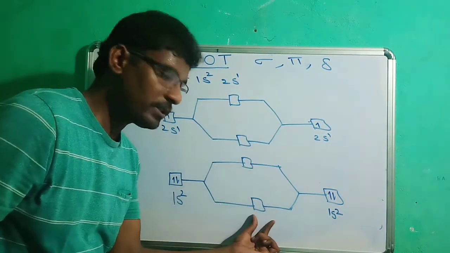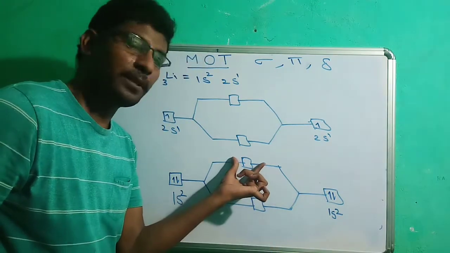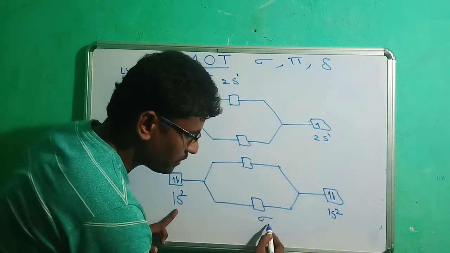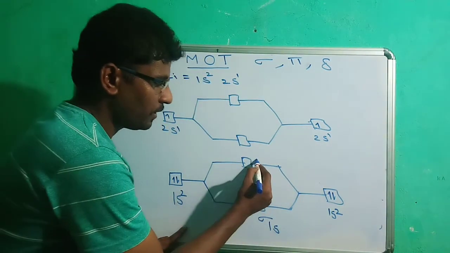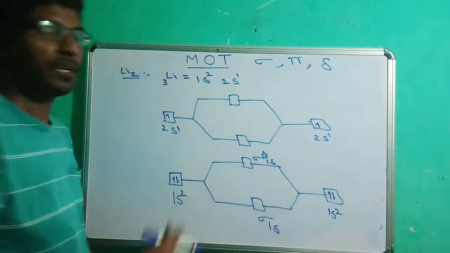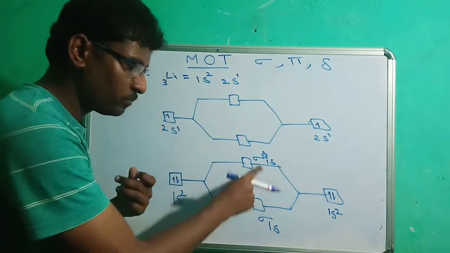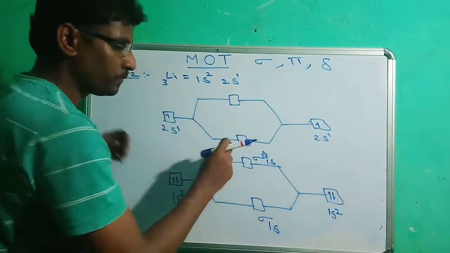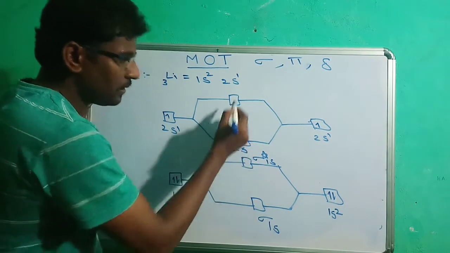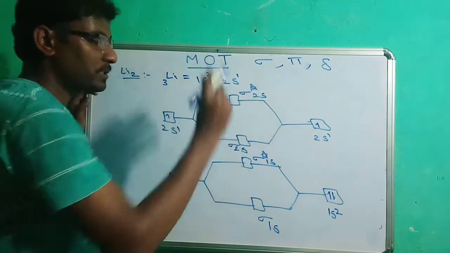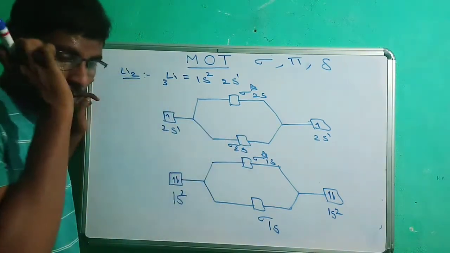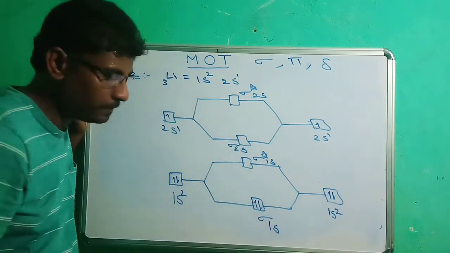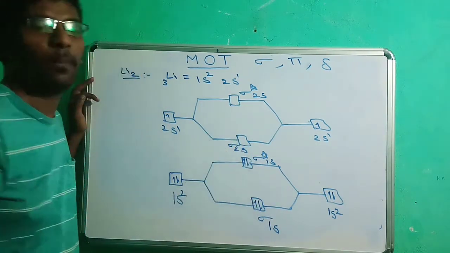As we know, the lower one is the bonding molecular orbital and the upper one is the anti-bonding molecular orbital. When 1s combines, it forms the bonding sigma 1s and the anti-bonding sigma star 1s. Bonding is represented with sigma, anti-bonding is represented with sigma star. Now when 2s combines, it forms the bonding sigma 2s and the anti-bonding sigma star 2s. When filling electrons, 2 plus 2, 4 electrons, 2 electrons must be in the lower energy level and 2 electrons must be in the upper energy level.